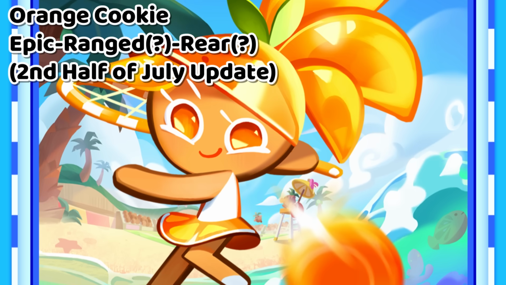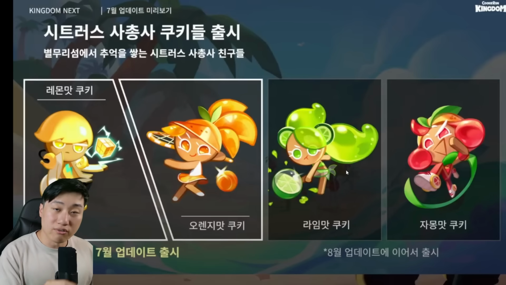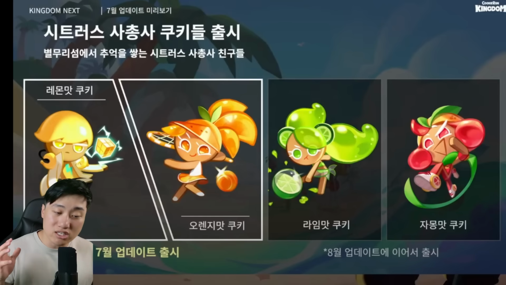And then in August, we are going to be getting the first part. I believe Lime is going to be the one, and then Grapefruit is going to be in the second part. All 4 of them are going to be epics, and from what we have heard, they are going to have special friendship stories, as well as a squad buff, if they are all inside of the same team,